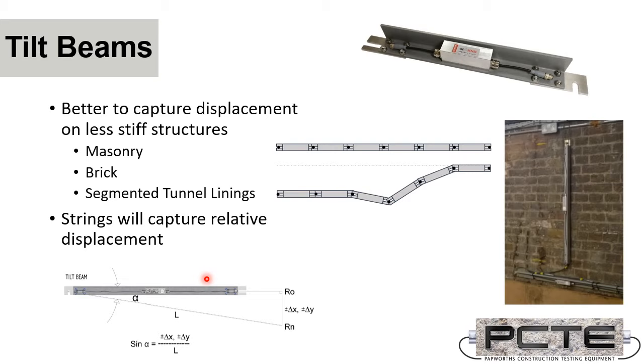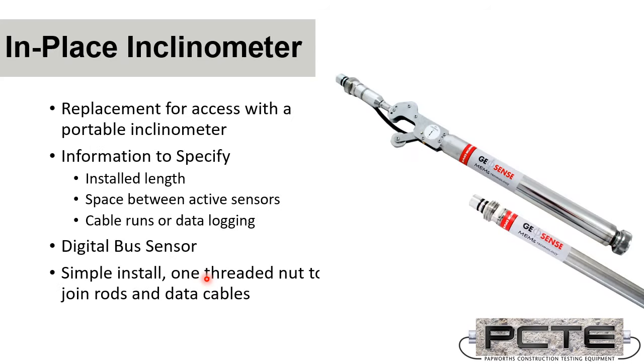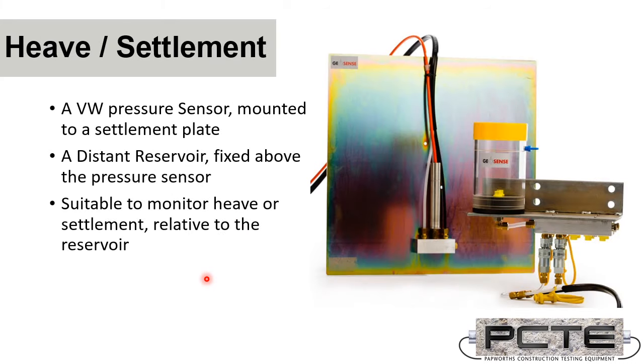Now, the final thing is these do not capture absolute measurements, they capture relative measurements, usually within the structure itself. One more. No, this is an in-place inclinometer. It's another kind of tilt sensor more commonly installed in the ground around a structure to capture, again, relative displacement using tilt. So if we do want to capture an absolute heave or settlement, we need to use a